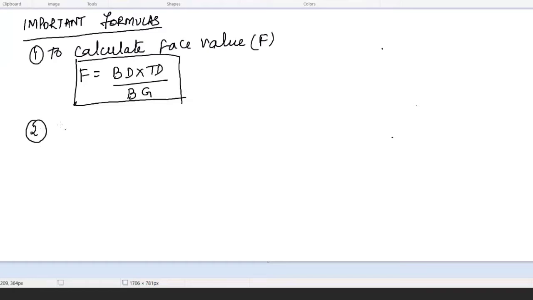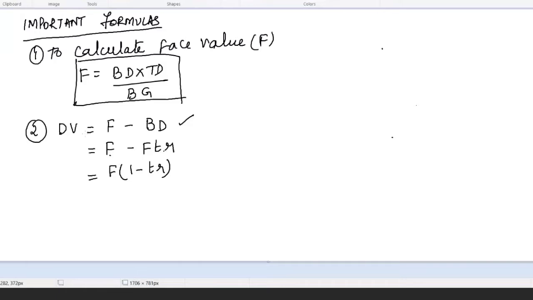Second, discounted value. What is discounted value? From the face value, I have to subtract the banker's discount. So that is equal to either this formula or F minus... How do you find banker's discount? Banker is always charging the rate of interest on face value, not the present value. So it is FTR. Now we can see this F is common among these, no? So therefore that is equal to F into 1 minus TR.